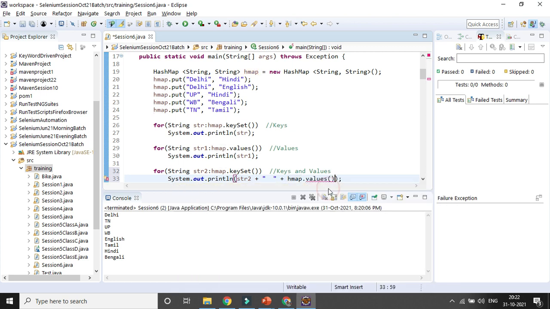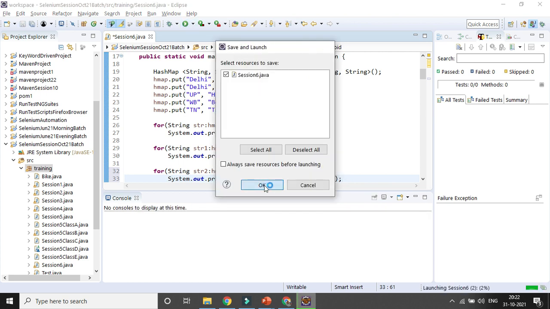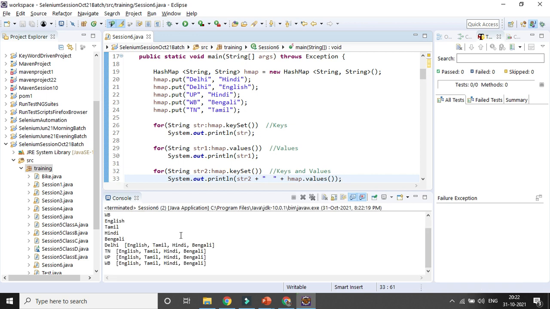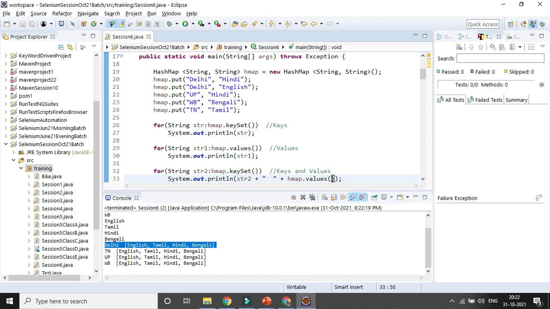You could see here Delhi and the list of the values is coming. Delhi, all the values here, and Tamil Nadu, all the values are coming here. So it will be in a different way.